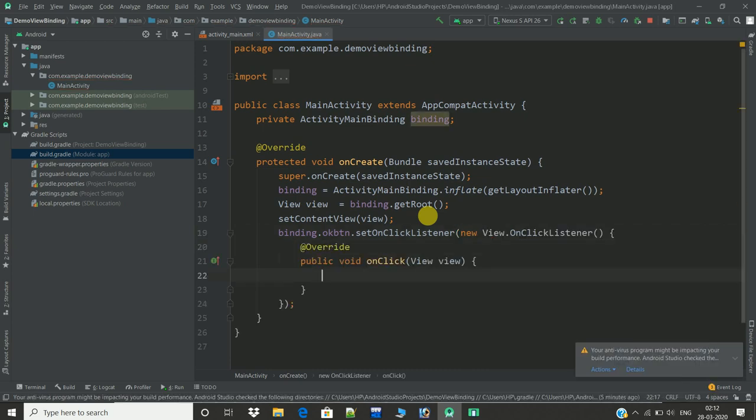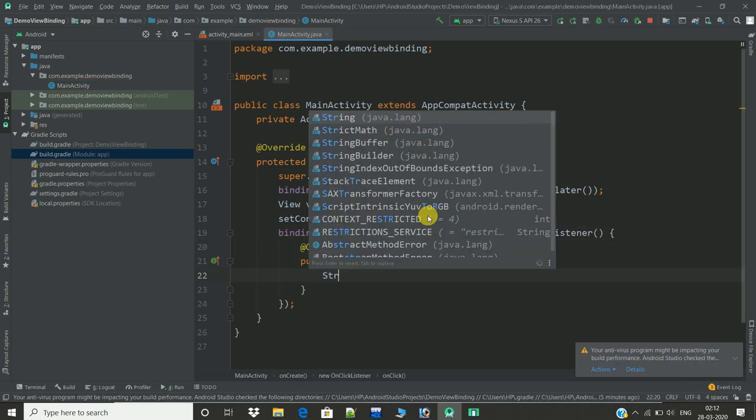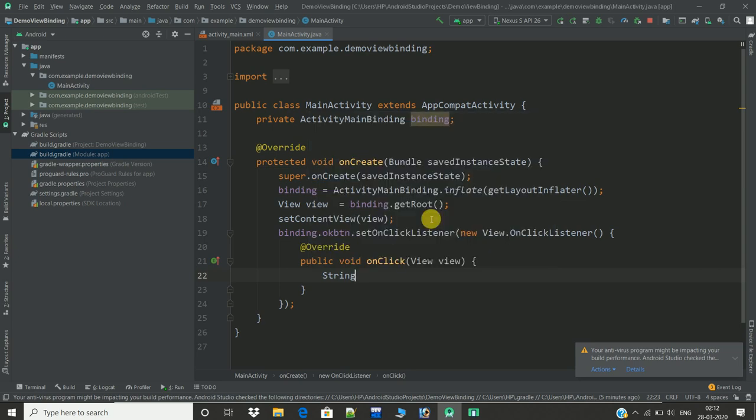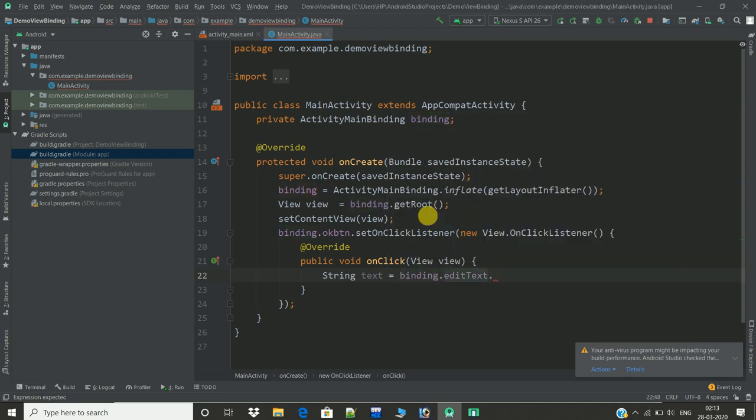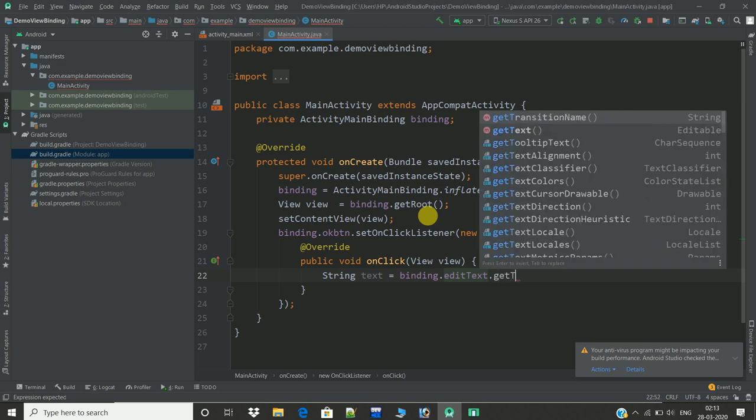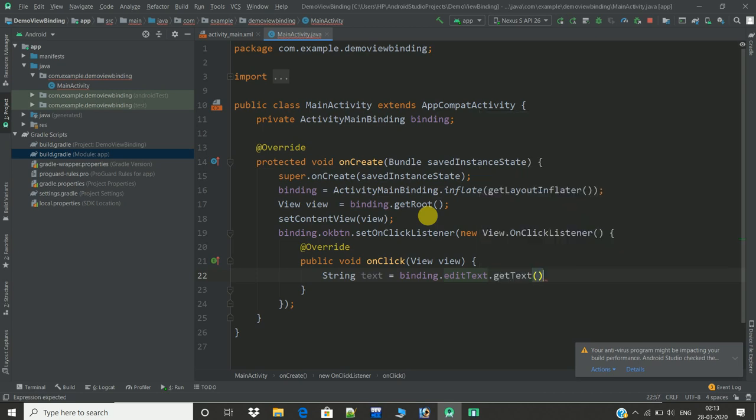Okay, and here String text is equal to binding dot edit text dot get text dot to string,